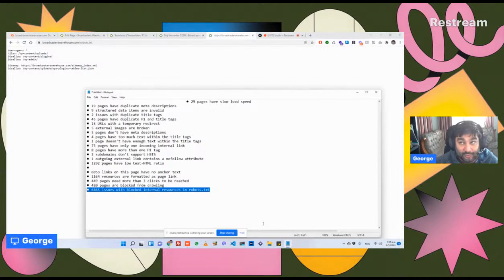Or, for example, when he was using Yoast SEO instead of Rank Math, Yoast might have put a block on a specific URL because that URL was changed to something else, or something similar to that. So again, nothing you can do about this. Again, the 420 pages that are blocked from crawling, I don't even have to check which ones these are, because